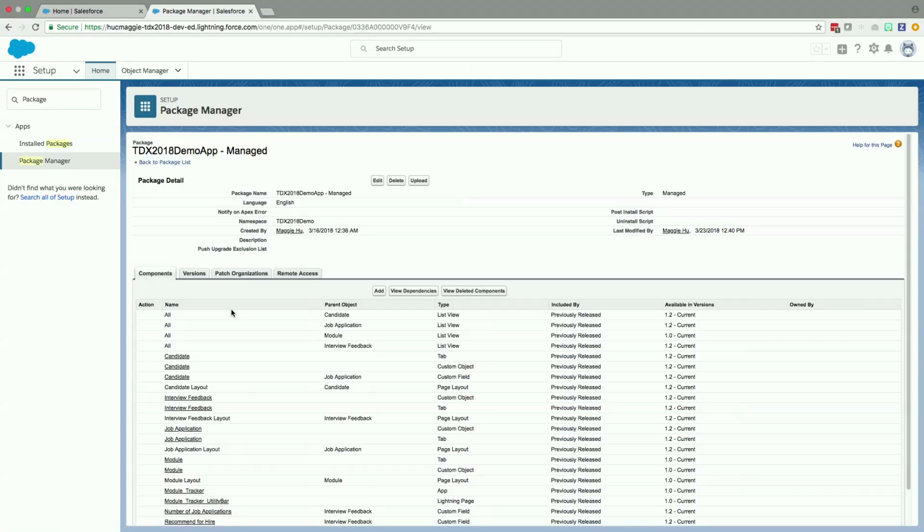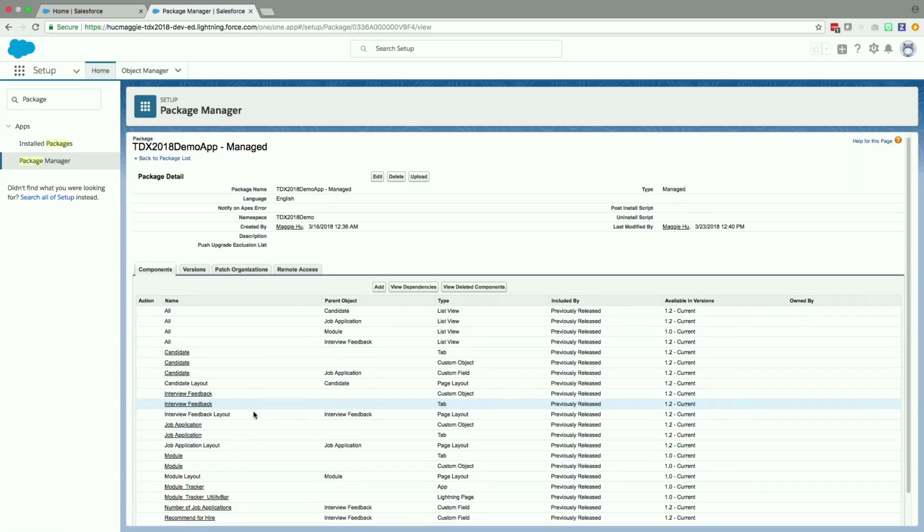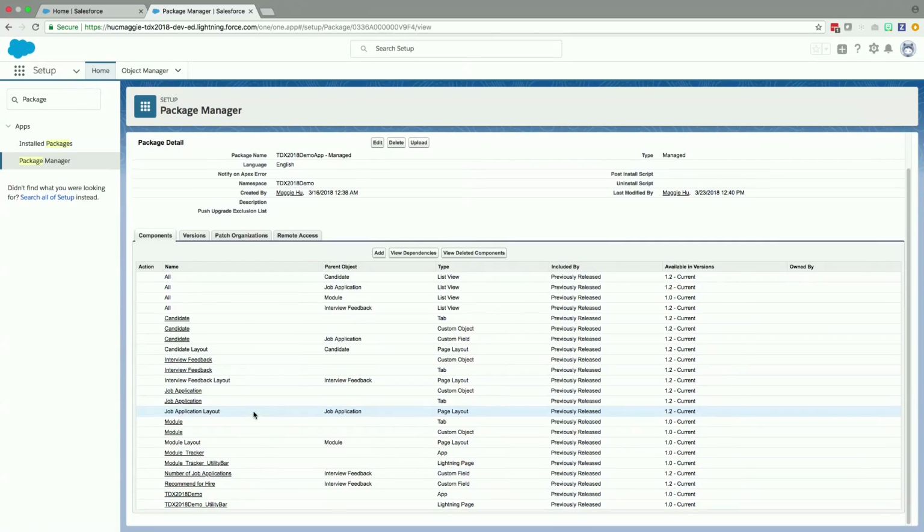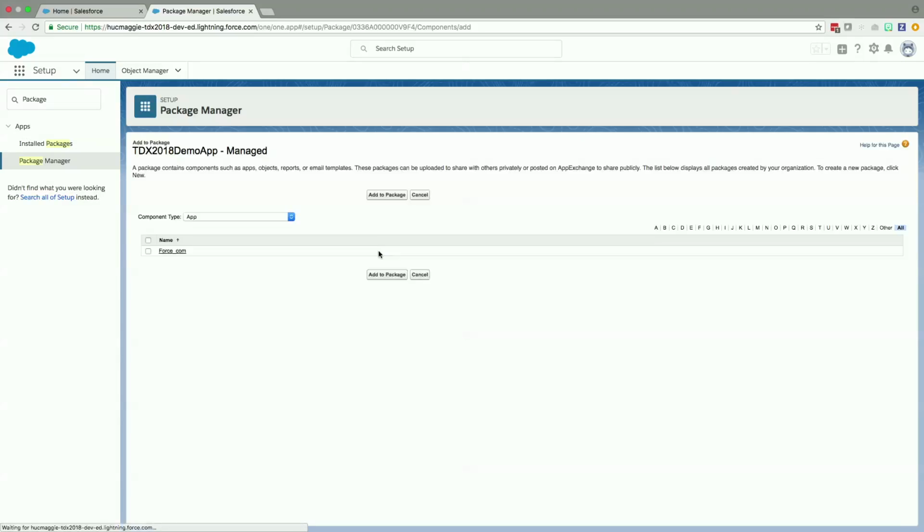All right. So if you can see here, these are all the components that are within my managed package. You could have a connected app, you could have custom objects, you could have all the different components within Salesforce, Apex classes, all of them packaged into this one managed package. You could add new components. If I click on Add,